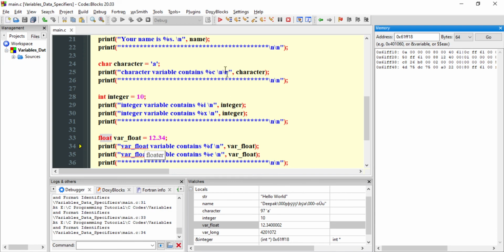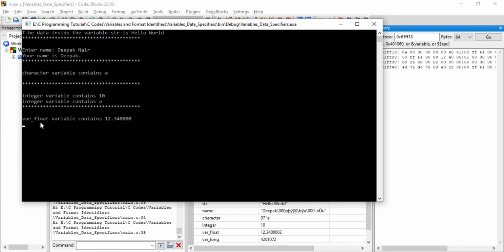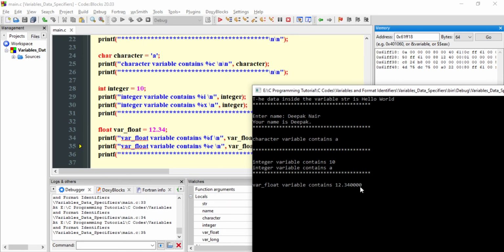Now let us try to use the data specifier %f, and here %f is going to take data from the variable var float. Next go to the next line, and we can see here in the console float variable contains 12.340000.